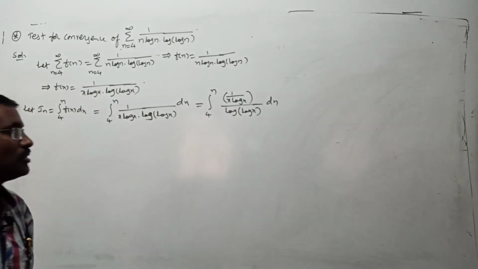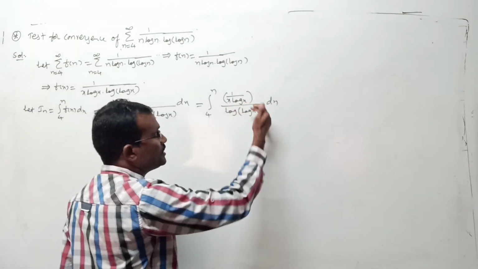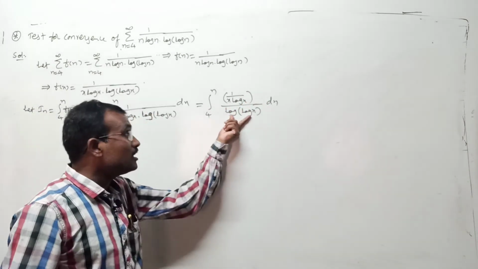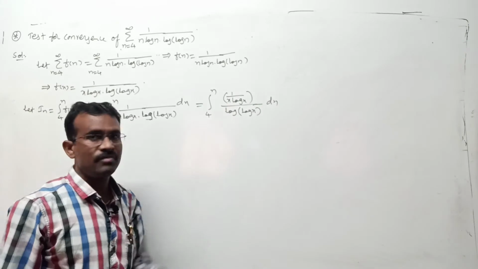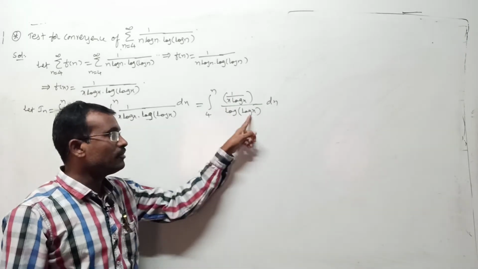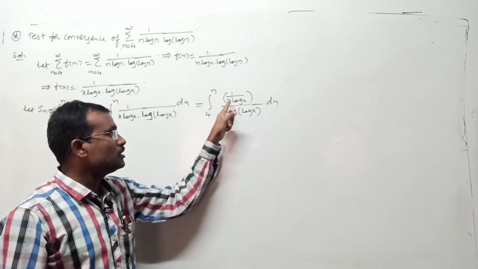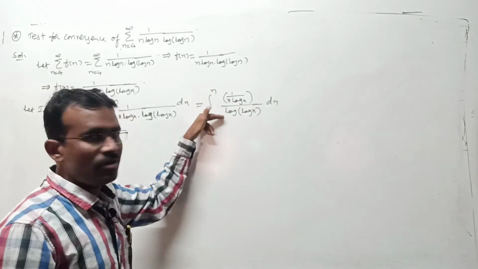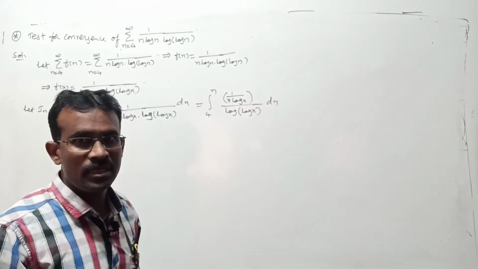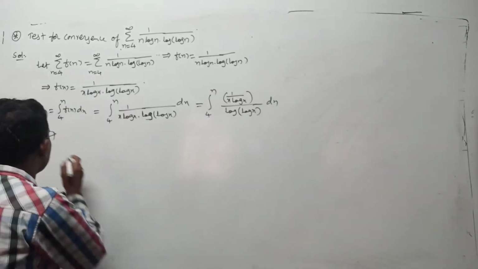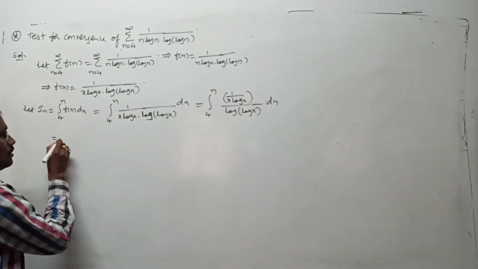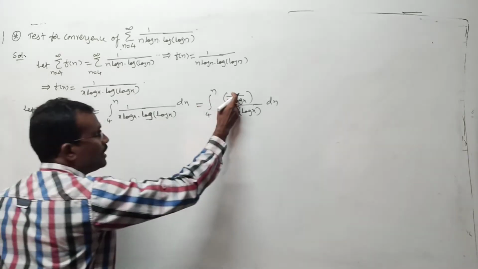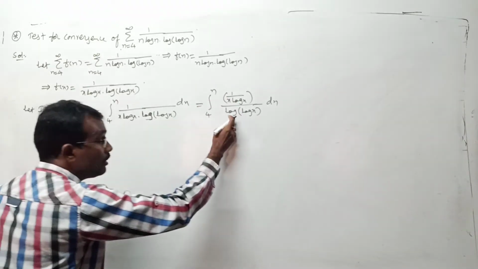If we go through this, it is in the form of f dash x by f of x. The denominator's differentiation is the numerator. If you want you can verify in the rough work. Let us take log of log x equal to t, then 1 by x into log x into dx is dt. Integral of f dash x by f of x is log f of x, you know, from your integration formulas, no? That I am going to use directly. The integral of that is what? f dash x by f of x, log f of x.